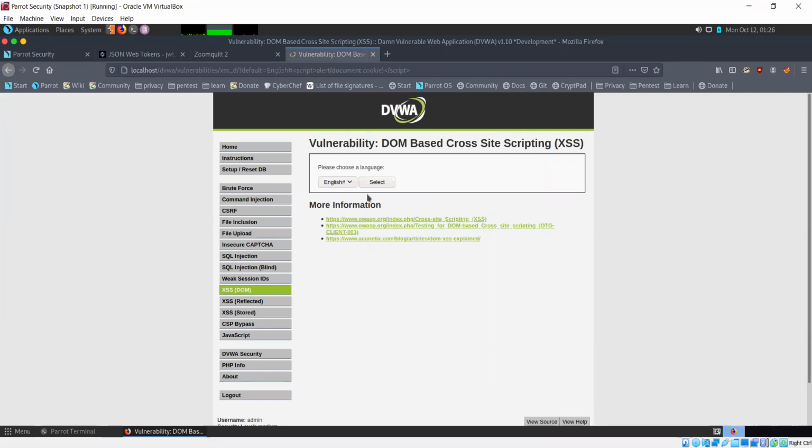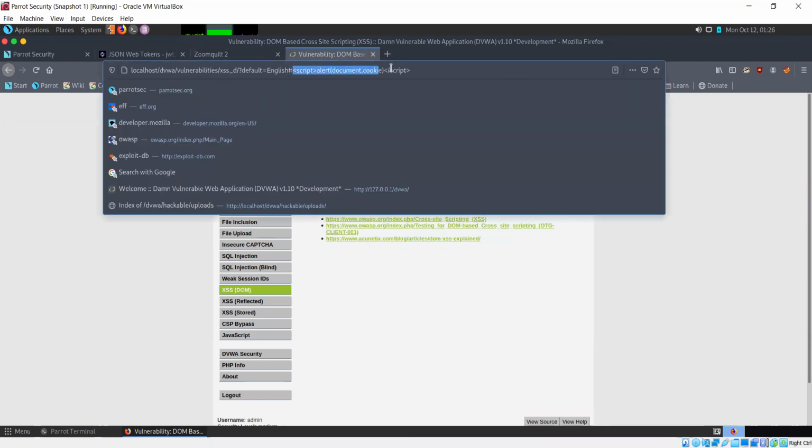Now the thing is, in this case, we have used this octathorpe, and after that specified our payload here.